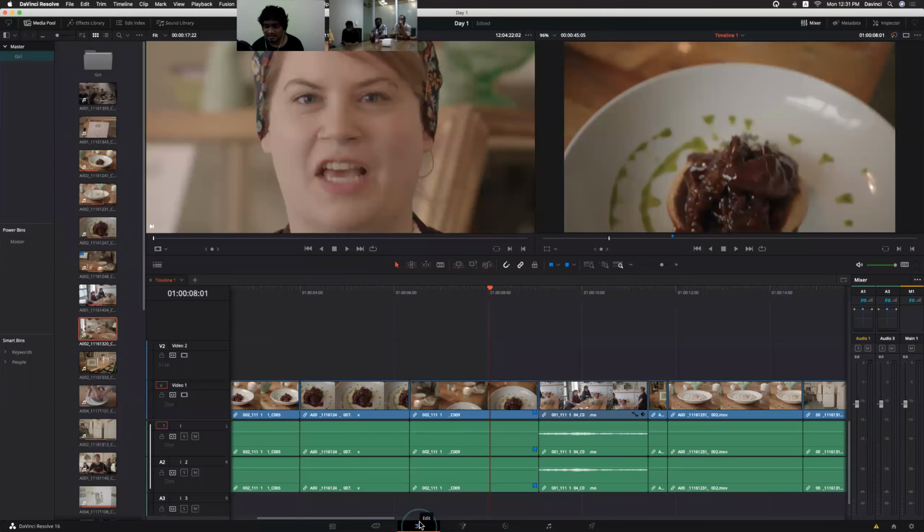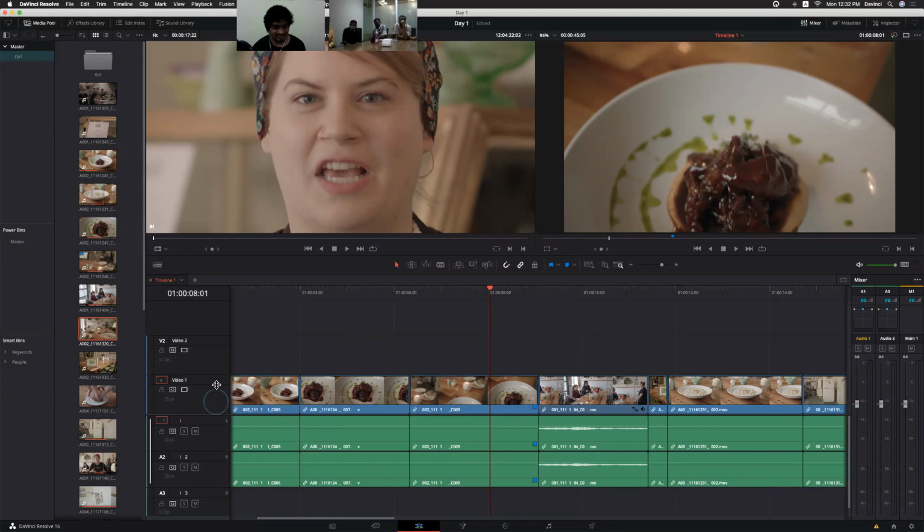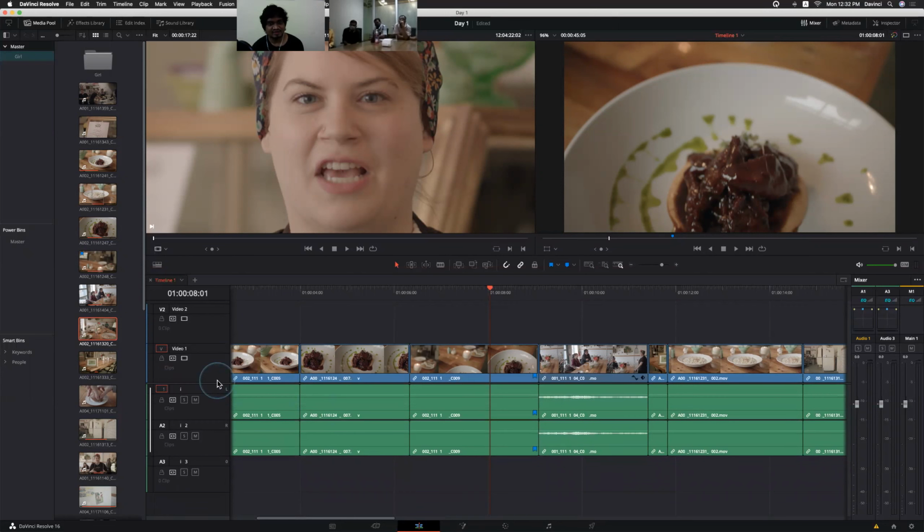And are there any editors here who are using DaVinci? Yes, I want to edit, but I do color correction. Okay, you do color correction only, and you are doing color correction from Adobe XML.